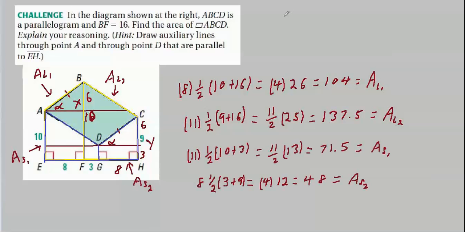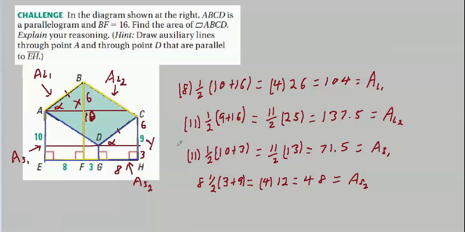Now, after I've got the large areas, which I originally put in yellow, outlined them. I think I already showed you this line here. Well, if not, it was, of course, this side plus this side, the average of that times the altitude, which in this case is 3 plus 8, or 11. And we get 137.5, and that's large area number 2, A sub L2.